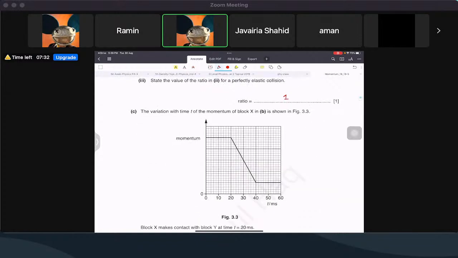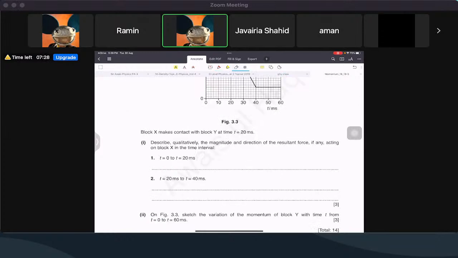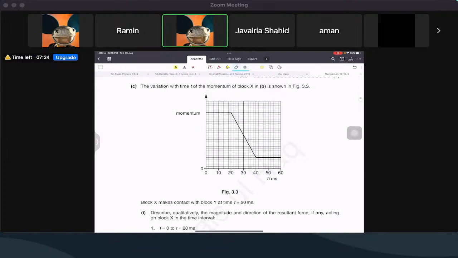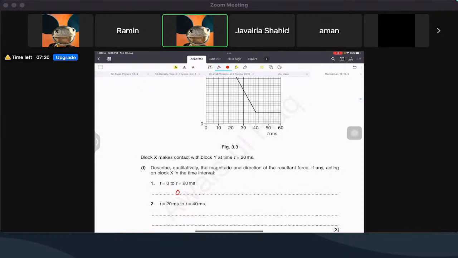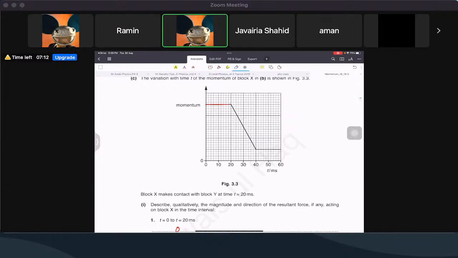But they have given, oh my god, it says from 0 to 20. From this point they've not hit actually, that should be 0. So basically no direction, no magnitude, because they should hit. From 20 to 40, you see that this line is a constant line, which basically tells you that the force